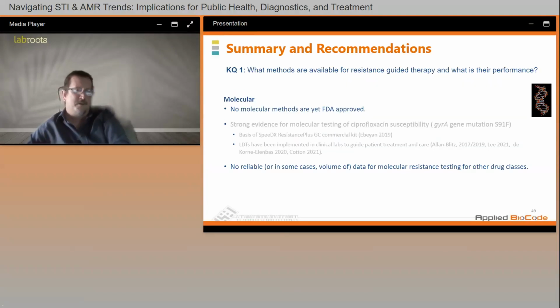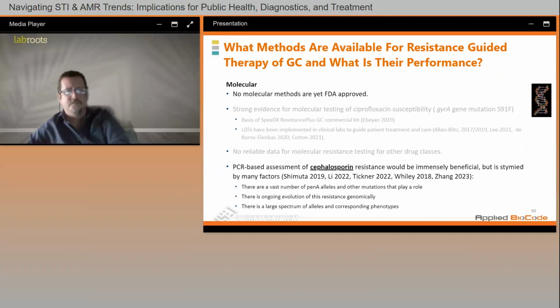If you're talking about tetracycline or penicillins or cephalosporins or azithromycin, we really don't have reliable data to show molecular resistance testing for these other drug classes. Tetracycline's close, but for these other drugs, it's much more complicated. So we're really focusing on using molecular testing to ascertain drug susceptibility for fluoroquinolones. You might say, well, gee, we're using ceftriaxone. That's a cephalosporin. Can't we just go ahead and really home in on